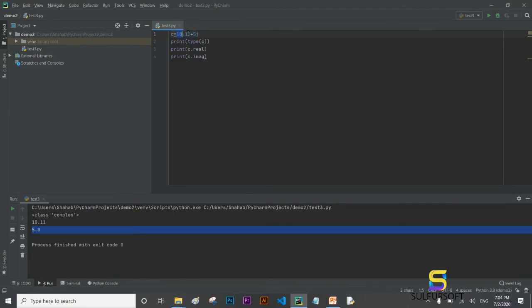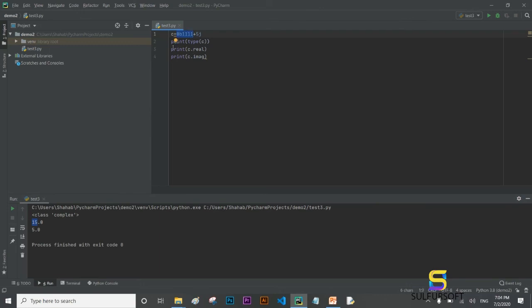We can write this real part in binary, octal, or hexadecimal form. Let's write the example: 0b1111. I'm taking the real part in binary base. So it is giving me 15.0, because when we convert this 1111 into base 10, it becomes 15.